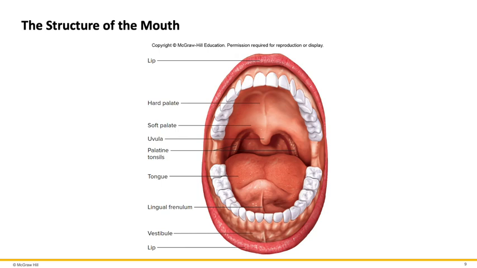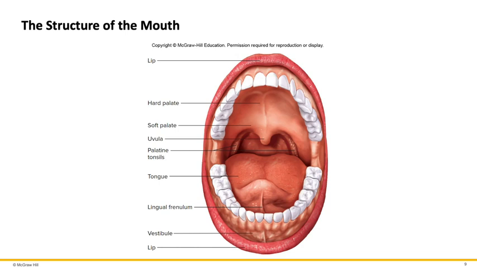And finally, the palate, which makes up the roof of the mouth. The anterior portion of the palate is called the hard palate because it's made of bone, and the posterior portion is called the soft palate, which is made of smooth muscle. There's a median extension of the soft palate called the uvula, and the function of the uvula is to prevent entry of food